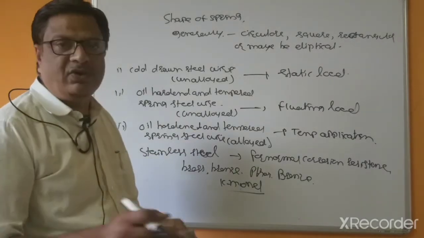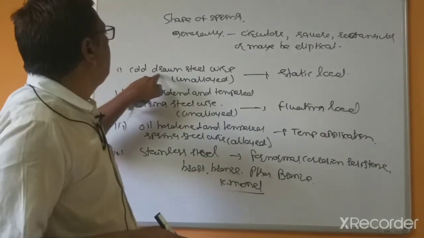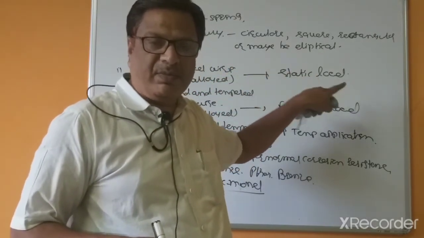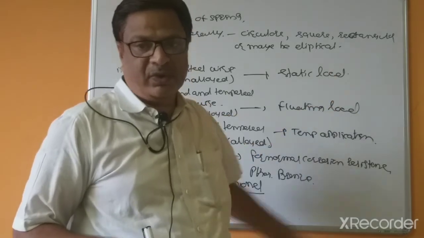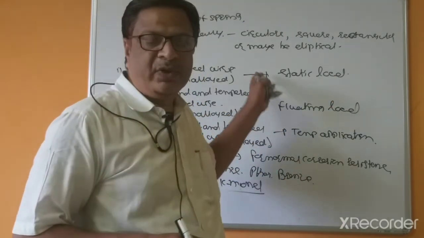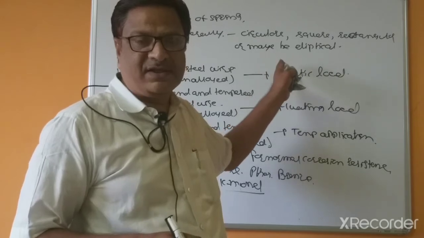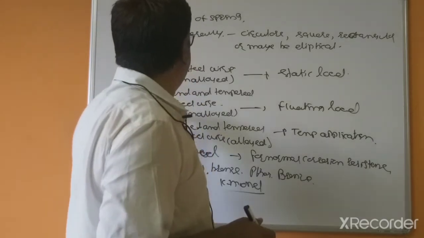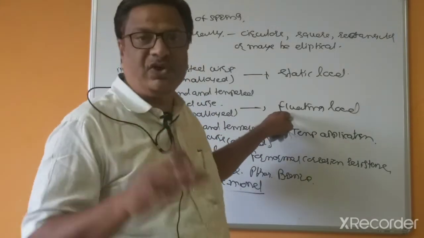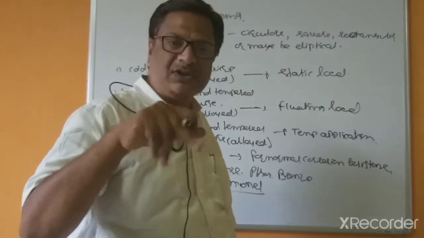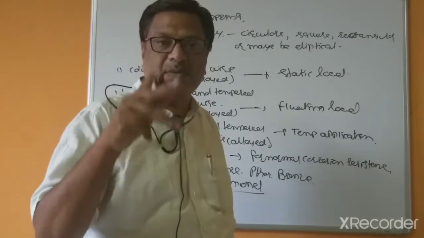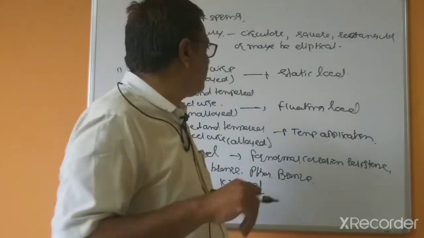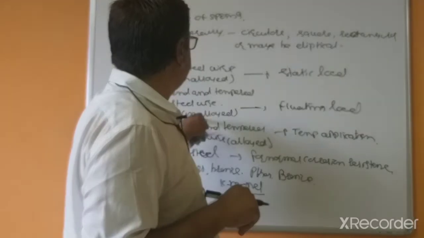When the loads are static, you can use cold drawn steel wires. These wires have higher yield and tensile strength as compared to cast steel wires, so this may be 1000 megapascals or 1450 to 1500 megapascals. This is oil hardened and tempered springs, and this is unalloyed for fluctuating loads. For fluctuating loads, because the load continuously varies, there are chances of breakage of the springs, so more strength is required. That's why these are unalloyed steels.